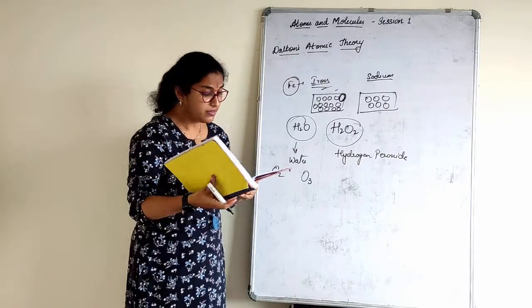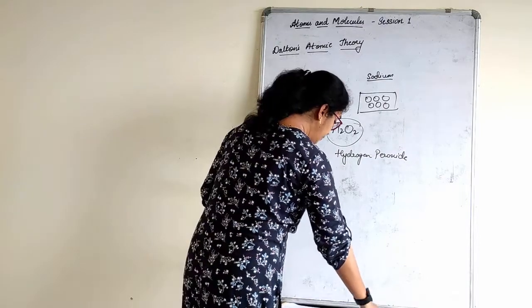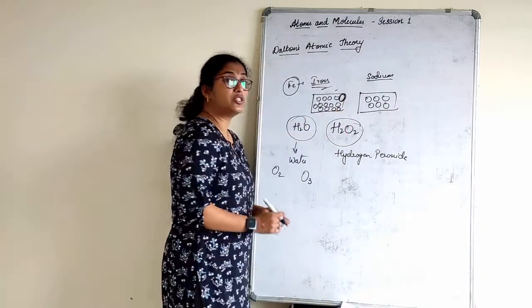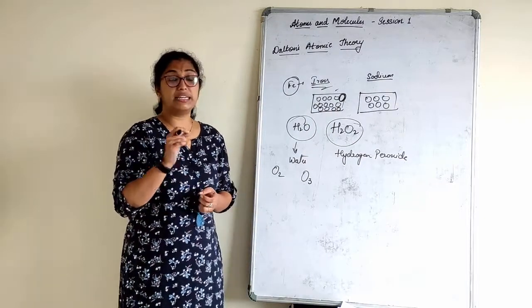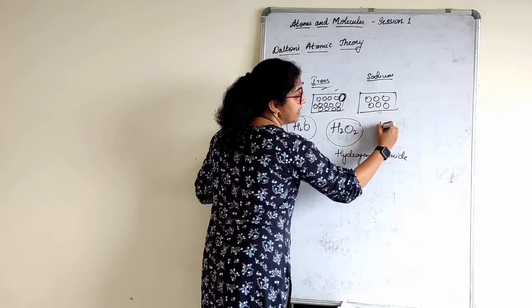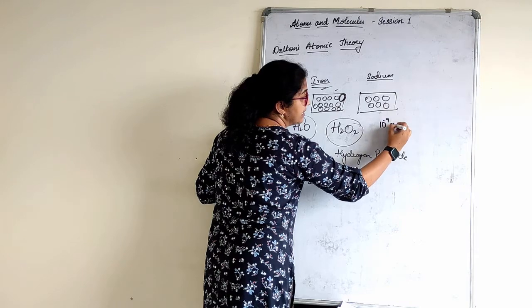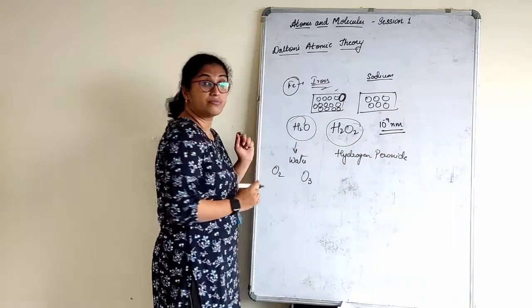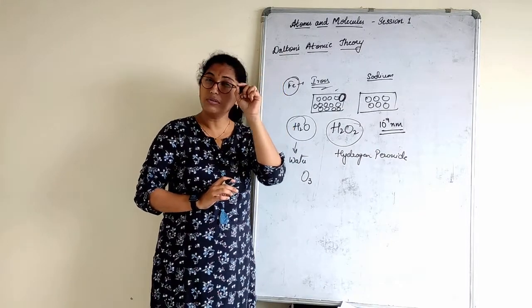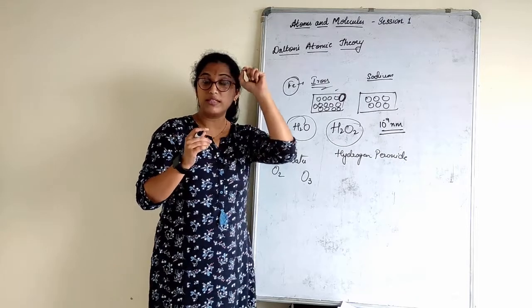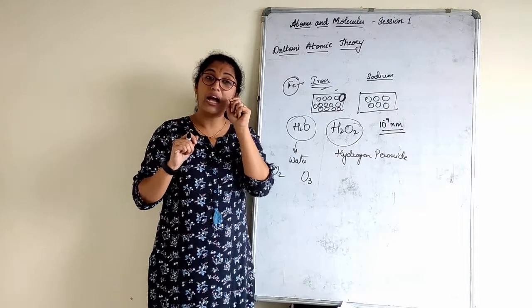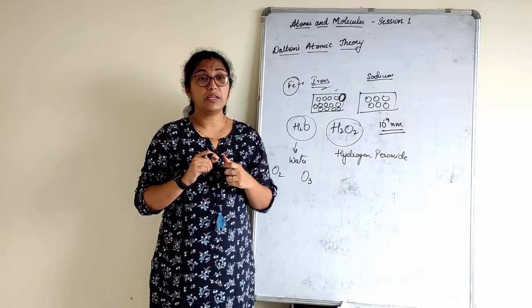Very important. The next question here is, what is the size of an atom? Is an atom visible to our naked eyes? No. The size of an atom is so very small that it is measured in terms of nanometers. Nano is 10 raised to minus 9, so it is 10 raised to minus 9 meter. See, if you consider one strand of your hair, how thin it is, children? Can you take one strand of your hair and measure it with a scale? No, right? It is very thin. Just imagine atoms being so very small.